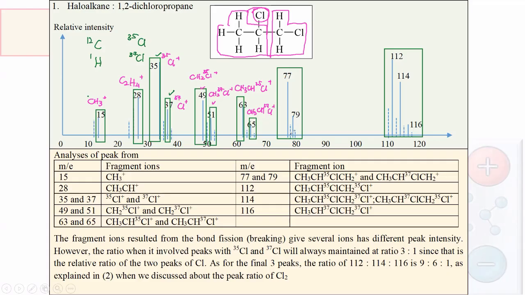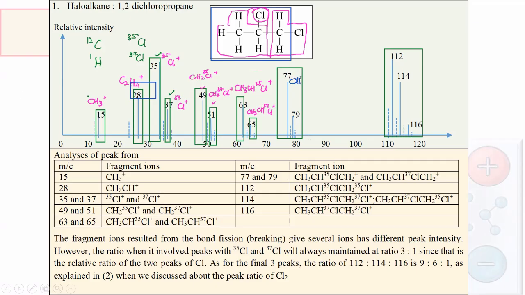Whereas 77 and 79 can probably be due to CH3CH35CH2, which is somewhere around here. I'm going to use a different color so you can see. Okay, so this is it, and it is given like this. So as you can see, 77 and 79 are due to the formations of